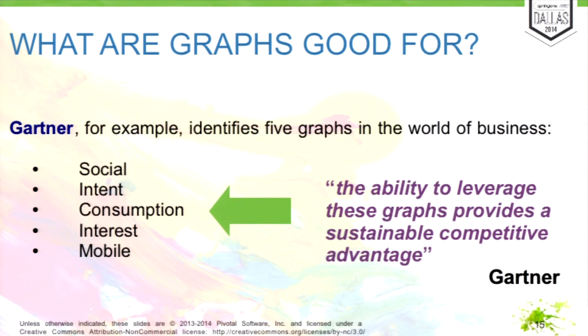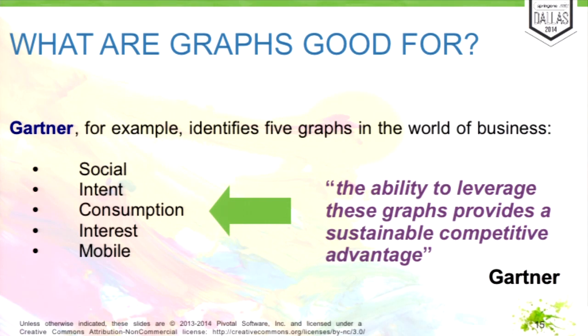Coming to use cases, there are some people that say graph databases are really important, and here are some graphs that are interesting. The social graph, everyone knows it. I don't want to talk about it a lot. The intent graph, so what do people want to do? What kind of behavior can we observe in people? And that's positive behavior, but also negative behavior. So for instance, fraud detection also is based on observing fraudulent behavior in people's activities. Consumption graph, of course, all the recommendation stuff.